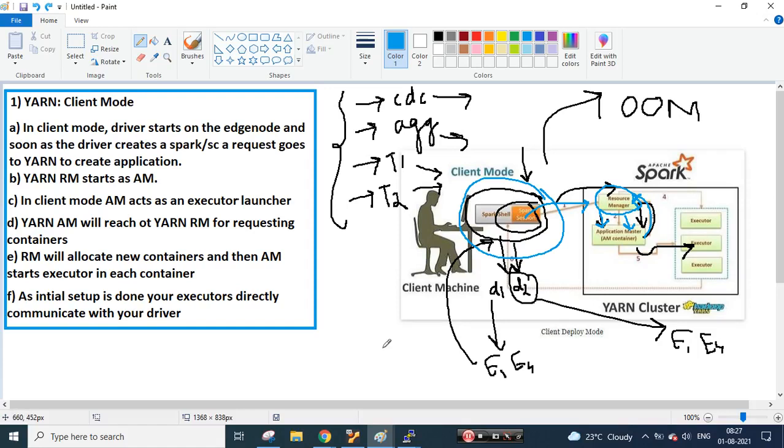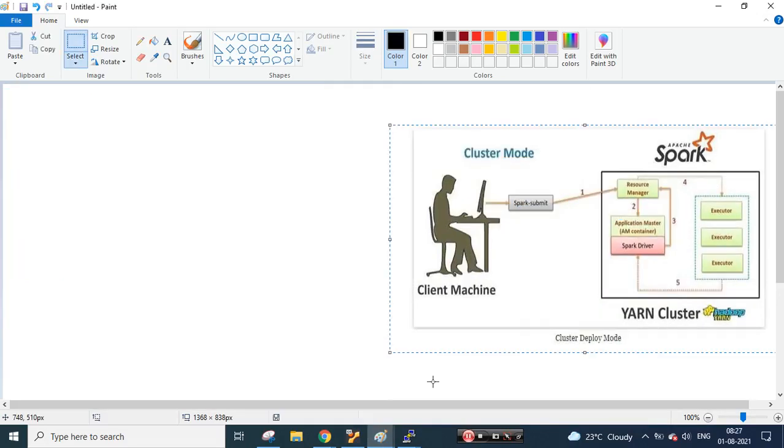So this is your client mode. The difference between client mode and cluster mode is that in client mode, as I told you, your Spark session will be instantiated on your edge node. When it comes to cluster mode, it will be available over here. That's where your second diagram comes into the picture. If you see in this diagram,